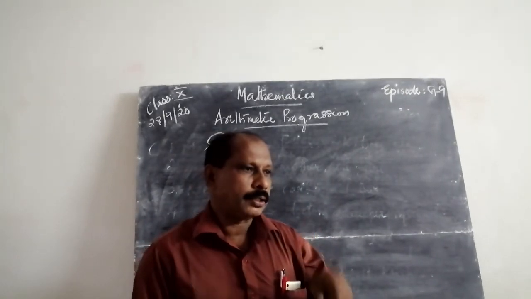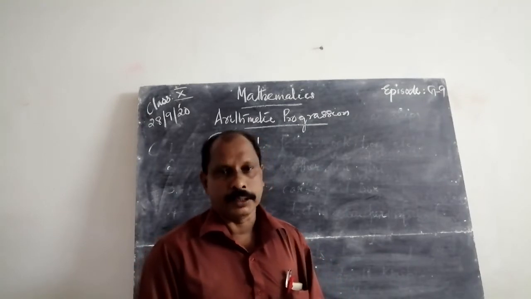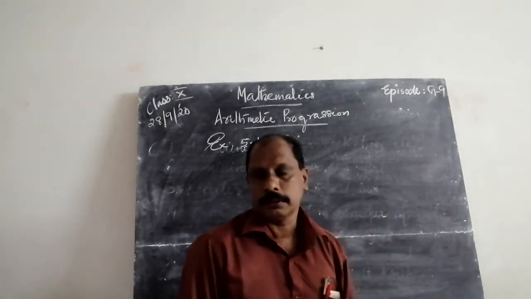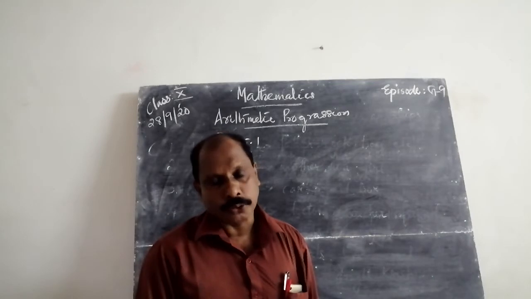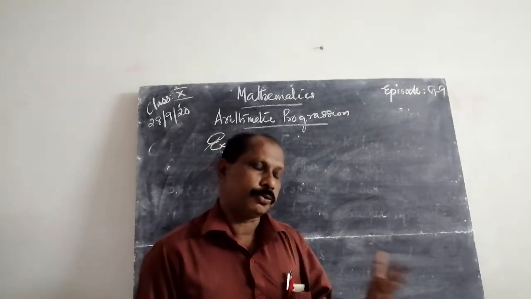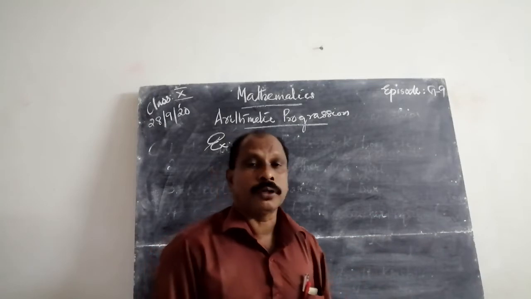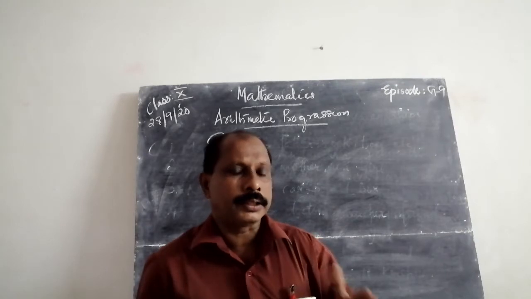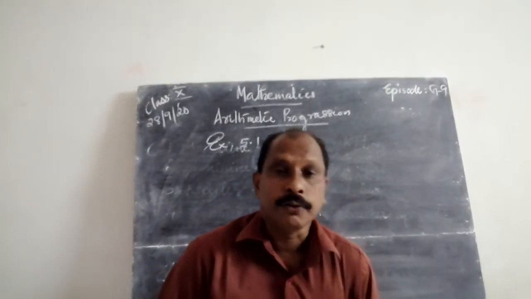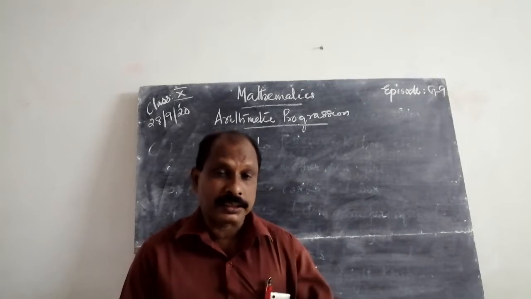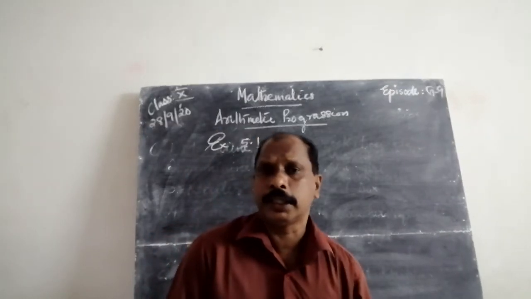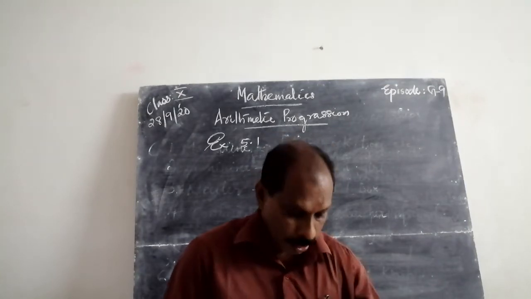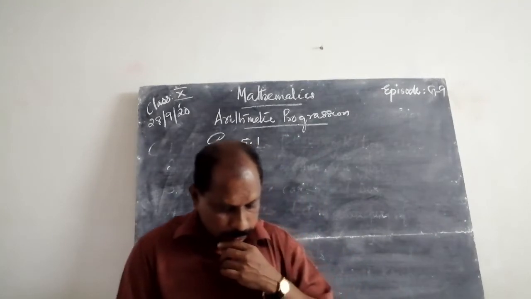For 1 kilometer it is 8, therefore 15 plus 8, that is the first. Secondly, for the second kilometer, n is replaced by 2, therefore 2 into 8 plus 15. Then 3 into 8 plus 15. Therefore those are also terms of an arithmetic progression. That is the answer: yes, it is an arithmetic progression because the fare increases by rupees 8 for each kilometer. As kilometers increase, the fare increases, and it is a multiple of 8, therefore it is an arithmetic progression. Similarly, there are 4 questions.